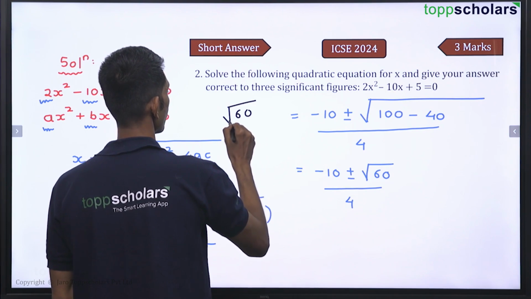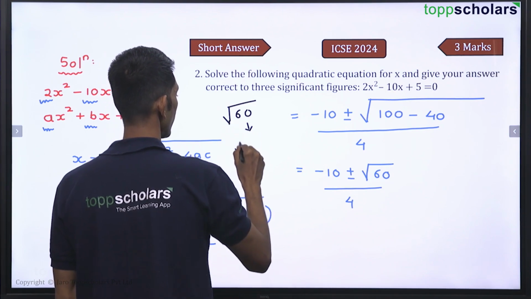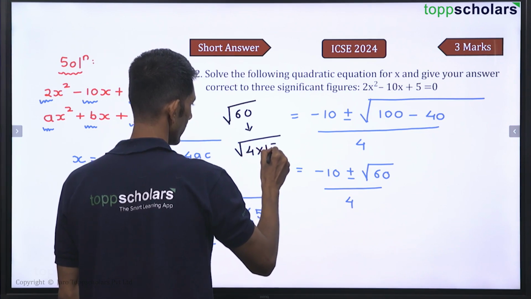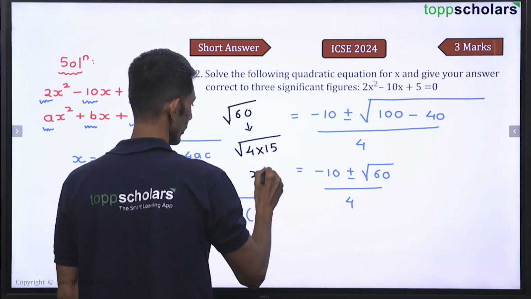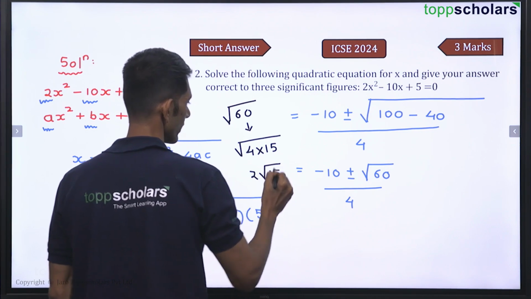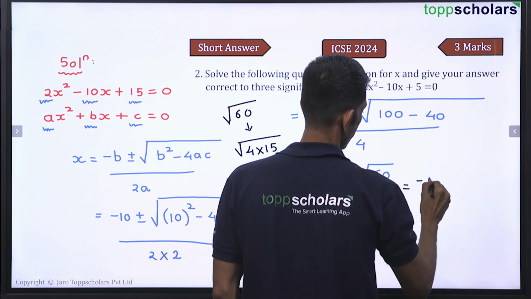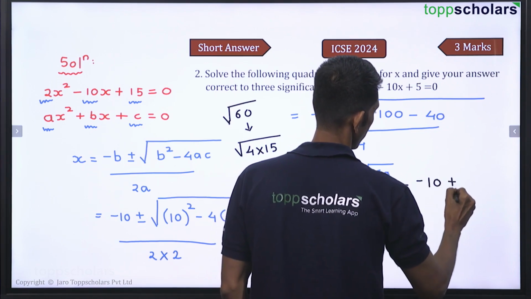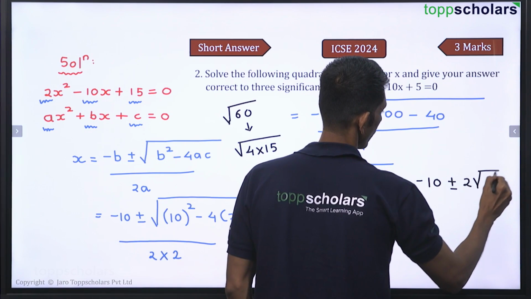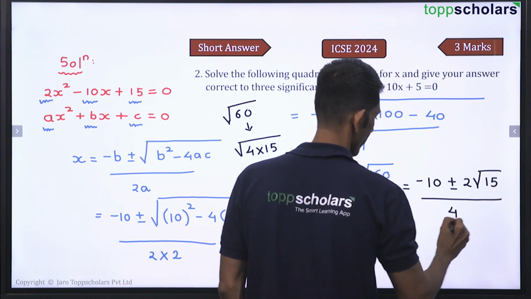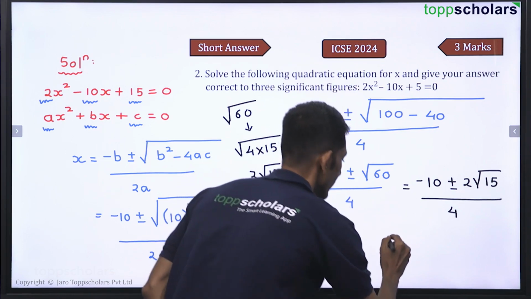Root 60 is under root 4 into 15, that gives you 2 root 15. Correct? So that gives you minus 10 plus or minus 2 root 15 divided by 4, and this gives you